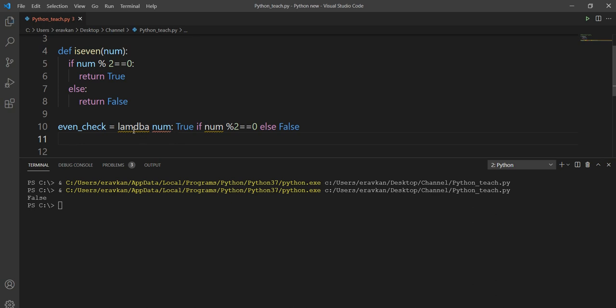Let me check, lambda spelling is wrong. Lambda. So in this way I can write my lambda function by using if and else statement as well.